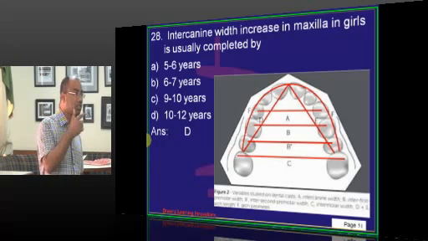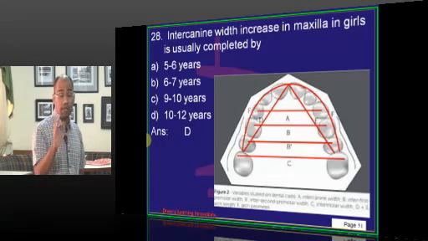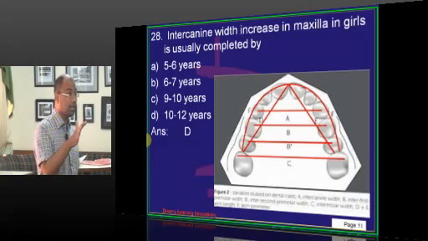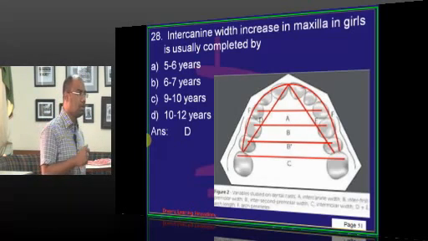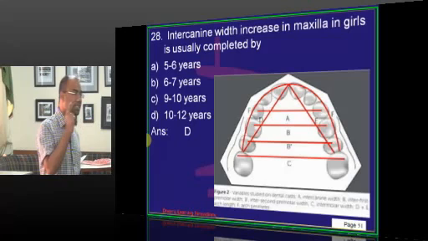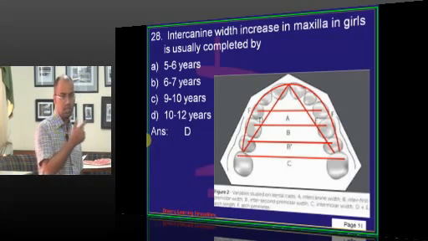This is growth in relation to the face, not the cranium. I am speaking in relation to the face. Cranium is again different, I will deal with it in growth and development. So the growth first ceases in the transverse plane, that is the width. That's why the intercanine dimension